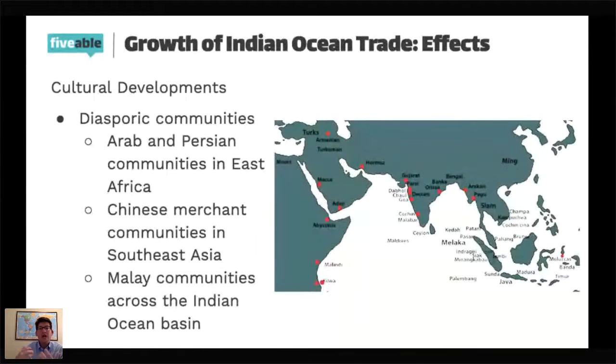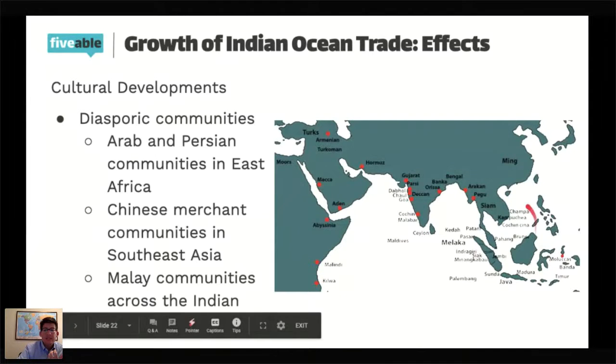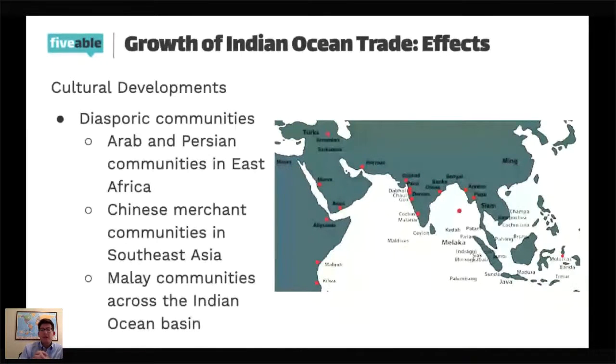We talked a little bit about that. So it's cosmopolitan cities that develop. Well, here's where we're seeing it. In Southeast Asia, we also see Chinese merchant communities developing. So kind of a Chinese diaspora with trade in those regions. That especially grows in the latter days of the Song dynasty, when they're feeling pressure from the north, from the Mongols. And when the Mongols take over China, they're not so much interested in maritime trade as they are in overland trade and control of the Silk Roads and all the land that they own.